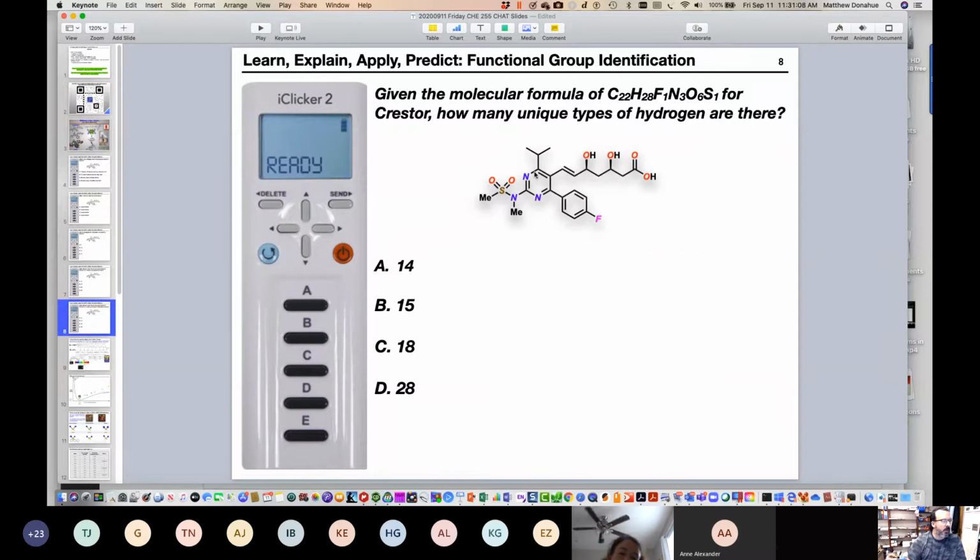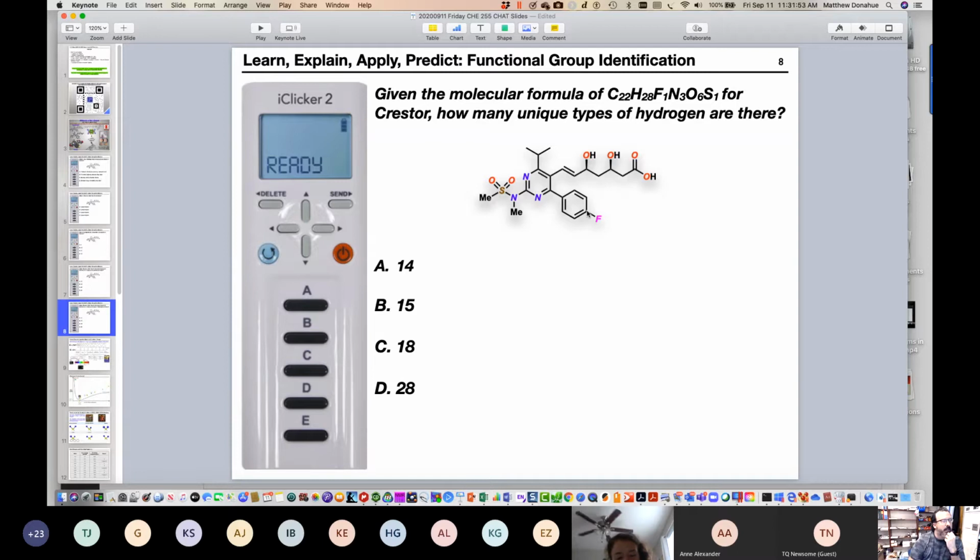Now let's go up here. There's no hydrogens on this ring, right? So we don't have to worry about that. So we're up here now, this group. You have methyl, methine, methyl. These methyl groups, would they be considered one set or two sets? So yeah, they would be one. Again, that's due to symmetry. So we have 1, 2, 3. Then this is 4, right? It's a CH group. It's different from anything we've seen. So we're up to 4.